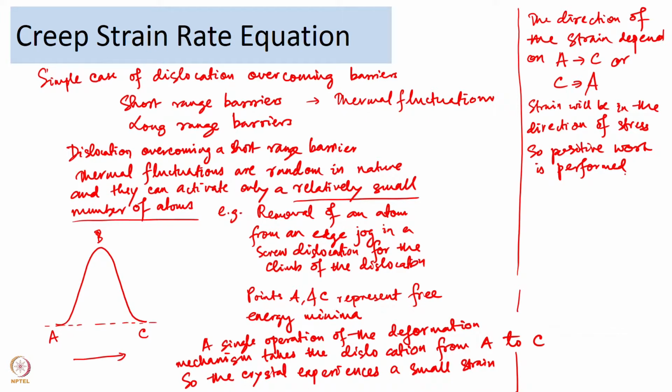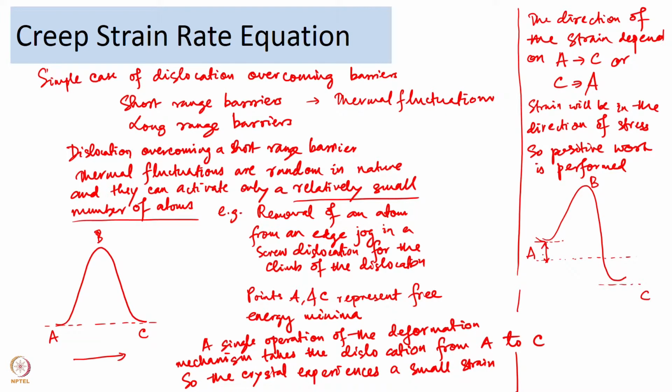So, because of the presence of a stress, the energy barrier is getting lowered. This is B, this is A, and this is C. With respect to the original locations,